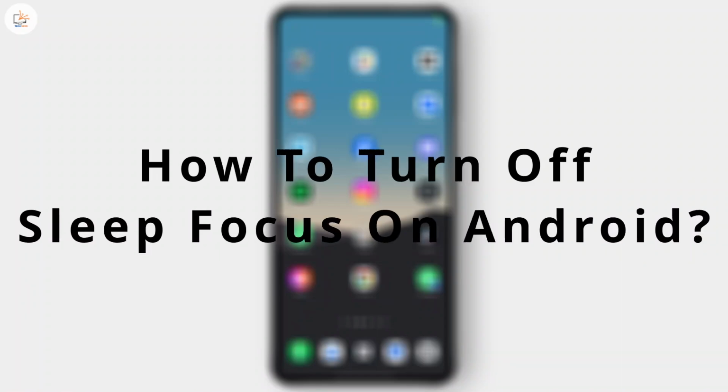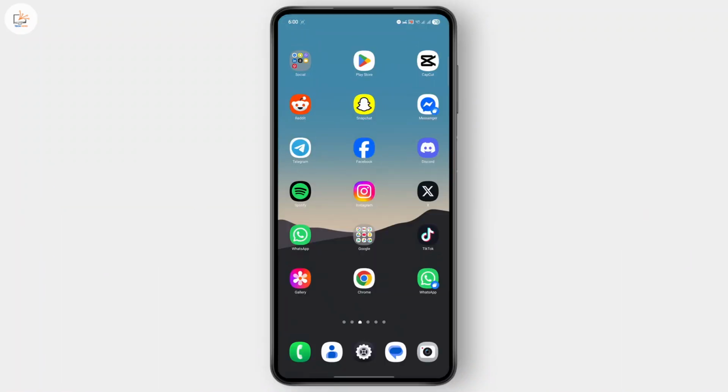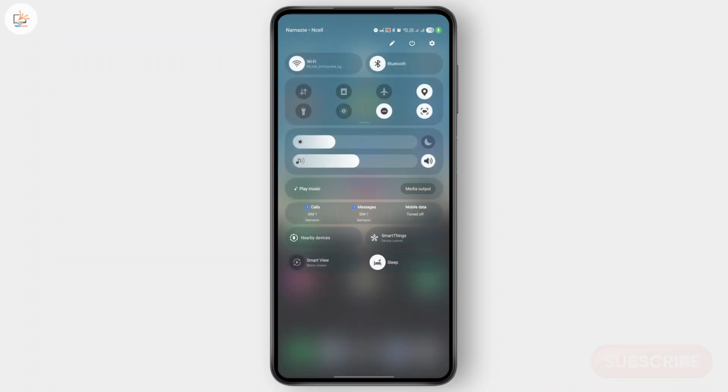How to turn off sleep focus on Android. This tutorial shows you how to disable sleep mode and what it actually does on your Android device. Sleep mode is a focus feature that automatically kicks in at a set bedtime to help you wind down. When it's active, it silences notifications, limits calls, and can dim your lock screen so you're not disturbed while you